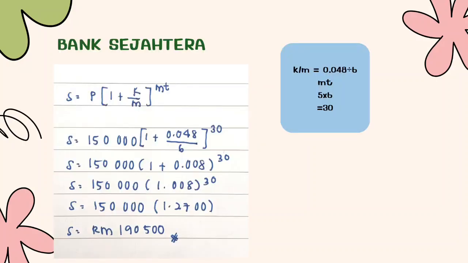And then for Bank Sejahtera, we can also use the same formula. k over m is 0.048 divided by 6, and then mt is 5 multiplied by 6, equal to 30. And then 150,000 open bracket 1 plus 0.048 over 6 close bracket to the power of 30. And then 150,000 open bracket 1 plus 0.008 close bracket to the power of 30. And then 150,000 open bracket 1.008 close bracket to the power of 30. And then it will be 150,000 open bracket 1.2700 close bracket, and the final answer is